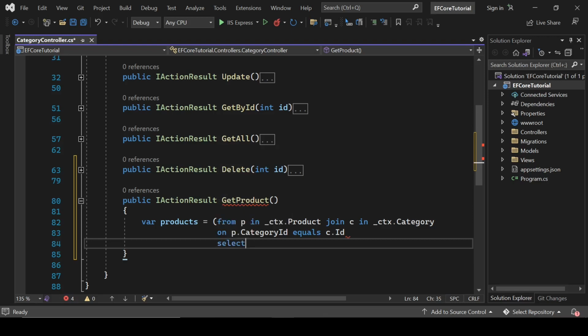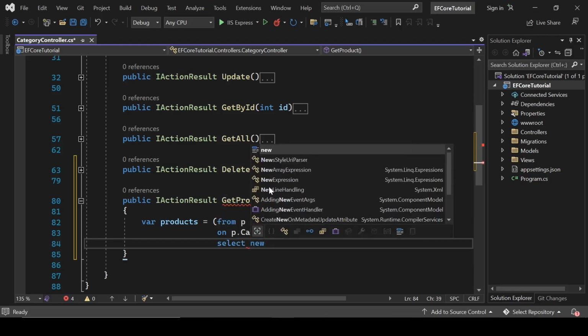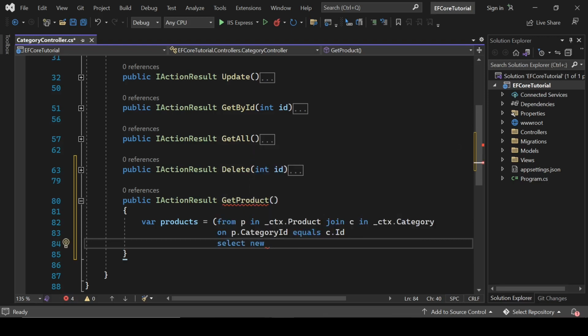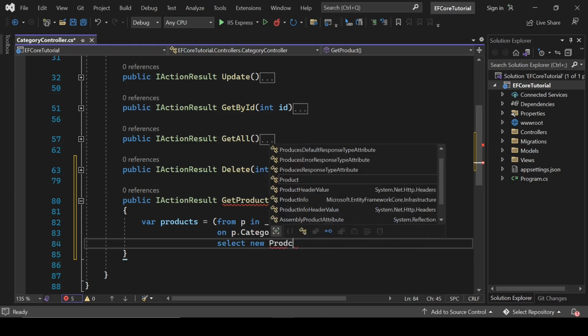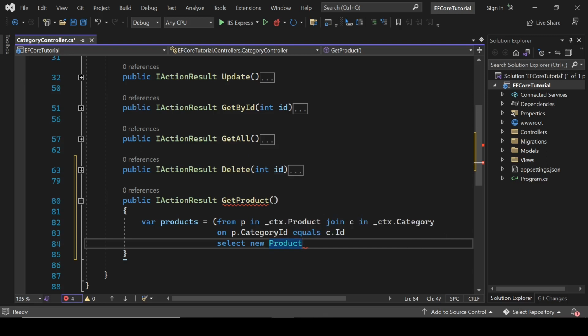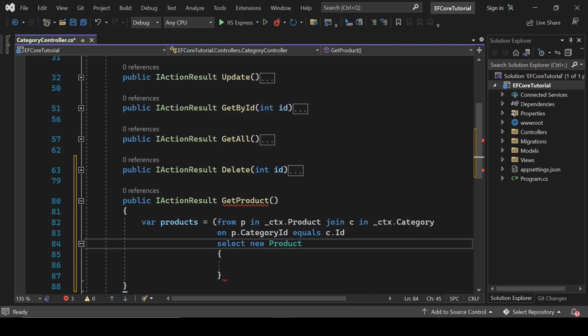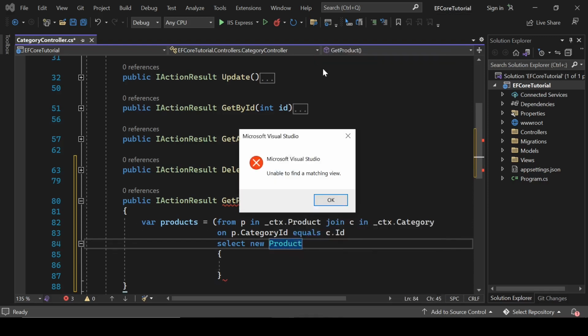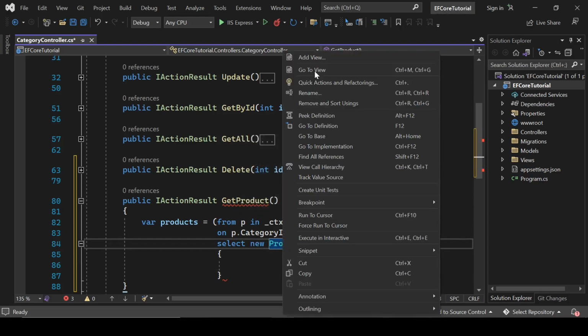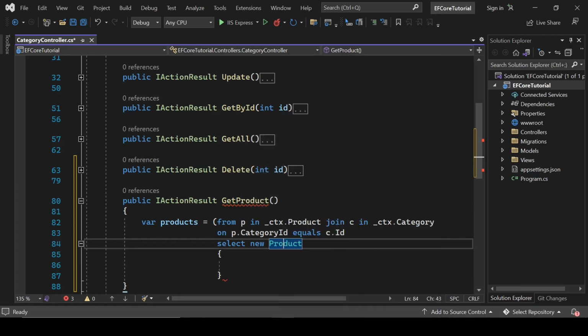So here we will write select new, and okay. So let's see, we are gonna define it here. So select new product and we will define another property inside this product. So here go to definition